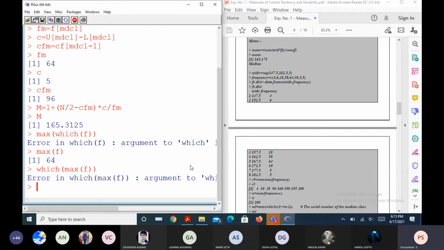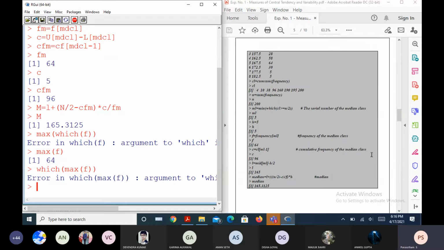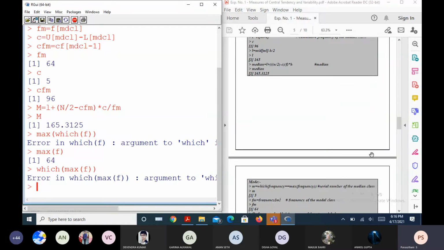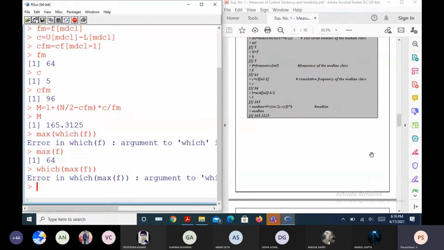Any other idea here? Can I slightly modify this syntax? Which of the frequency CF is equal to max F?